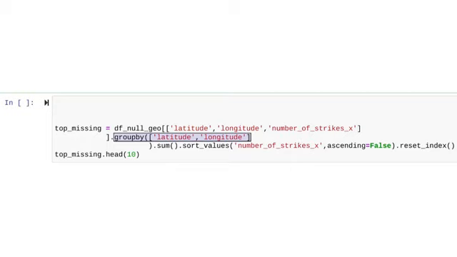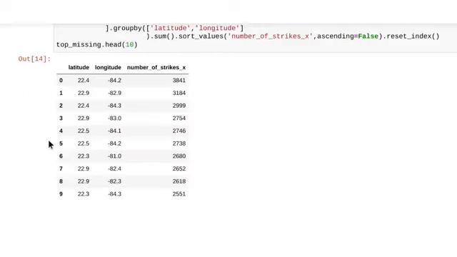This will make it easier for most data processors to plot. Lastly, we'll sort the lightning strikes x column by sum of values. In the ascending field, we'll input false because we want the largest sums of lightning strikes at the top of the data frame. Finally, let's take a look at what we built using the head function again.